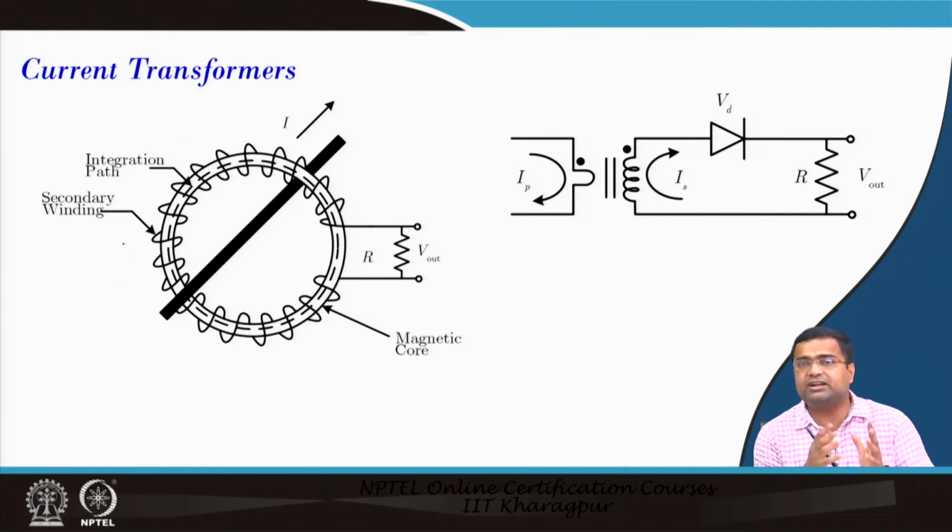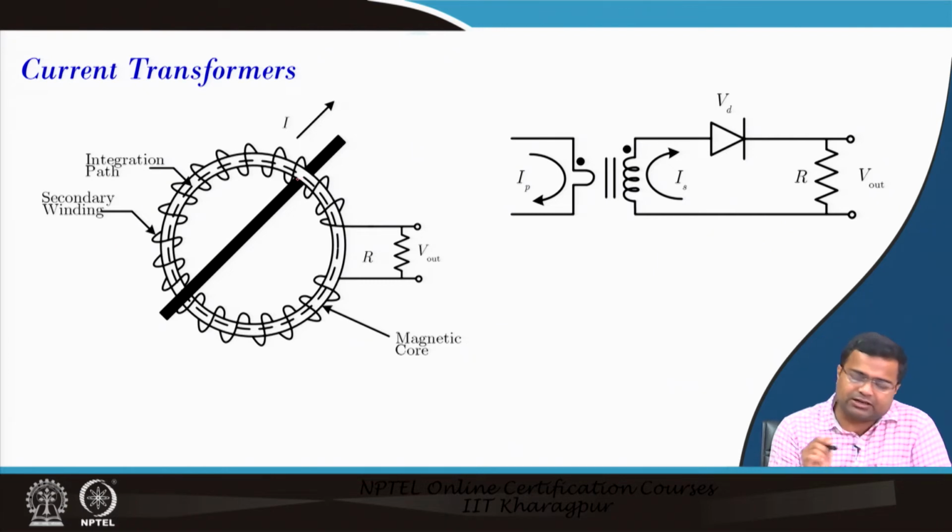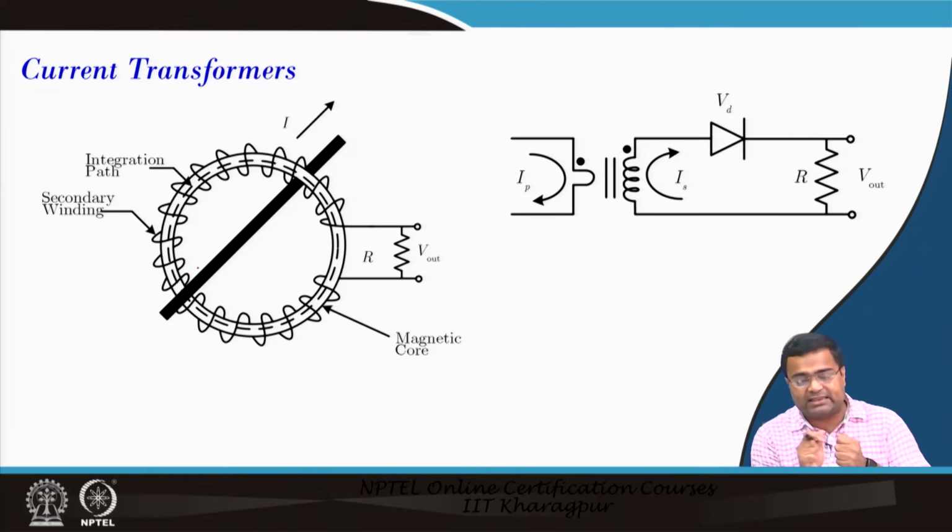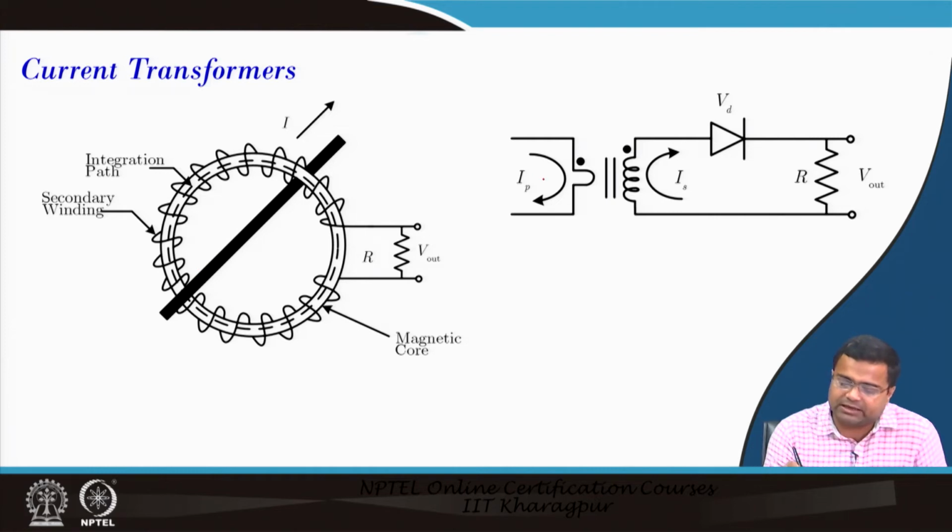Next, going to the current transformer. Again, the current transformer means you have a primary side and a secondary side. If you take the primary side coil, you have to insert the wire which is carrying current through the primary side coil. That means you have to insert this, actually in three dimensions. So, let us say current is carrying,